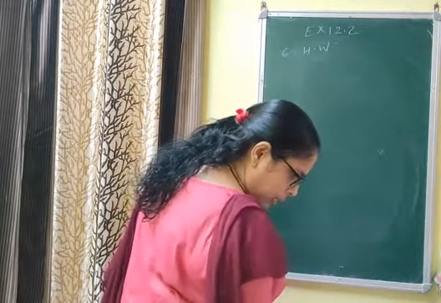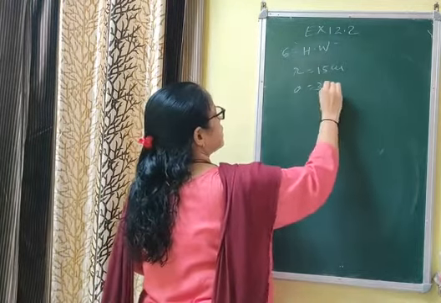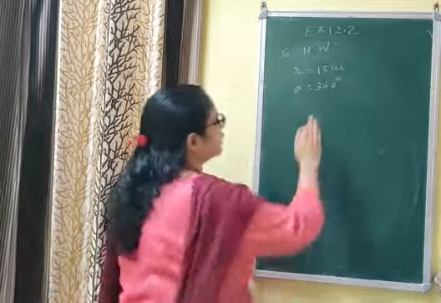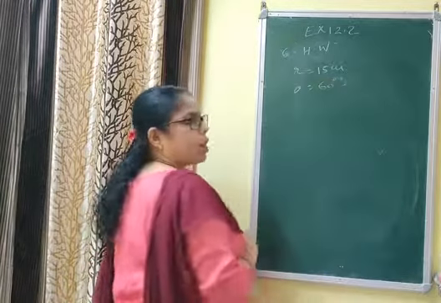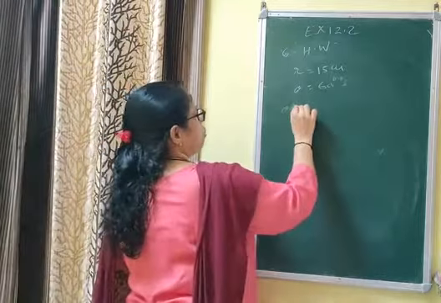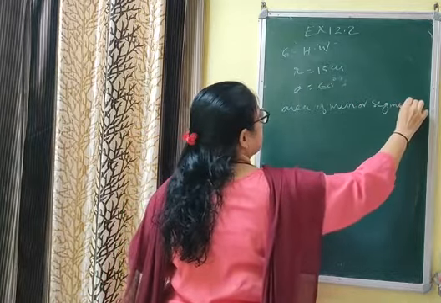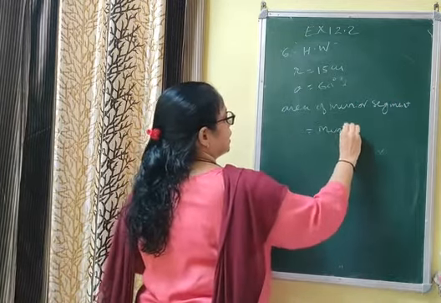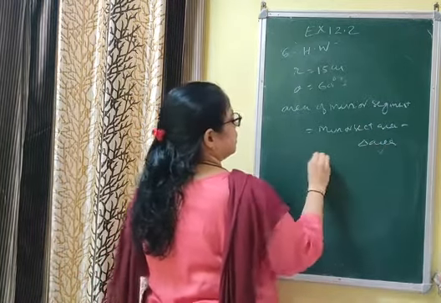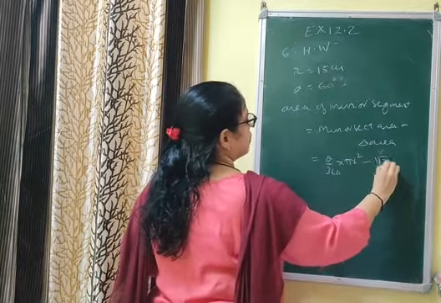First step is you are given r equal to 15 centimeter. Theta is 60 degree. When theta is 60 degree is given, you should think of what the triangle becomes: an equilateral triangle. So area of minor segment, I will not do completely, I just give you the introduction. Minor segment is equal to minor sector area minus triangle area, that is theta by 360 into pi r square minus root 3 by 4 a square,